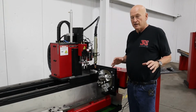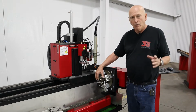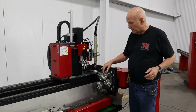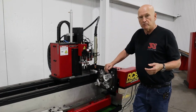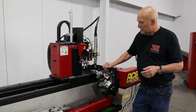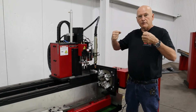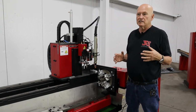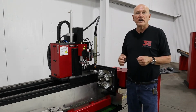I'm going to reposition the camera so that I can show you how to adjust these rollers. You know what? Before I do that, let me give you an idea why I designed it the way I did. I've looked at the other machines on the market, and one of them has 4 rollers where you tighten up the rollers and they come together, right? We found out real quick that kind of design, in our opinion, had a major flaw,